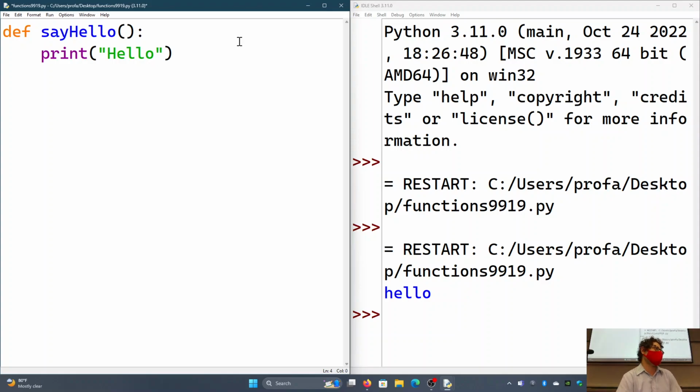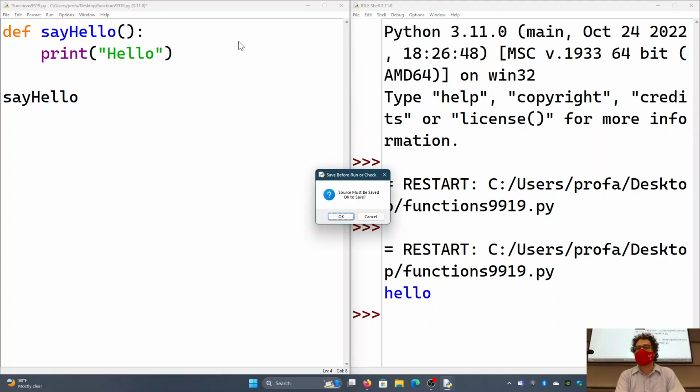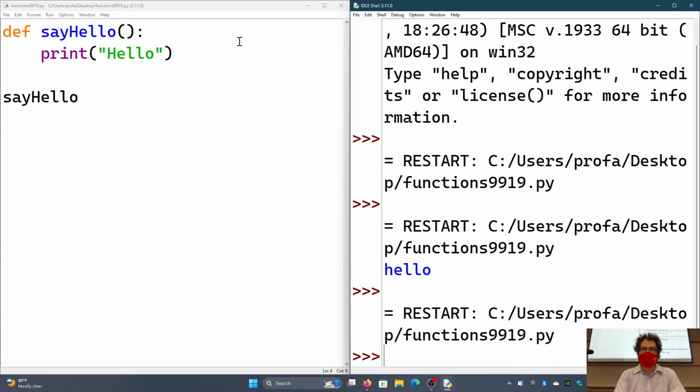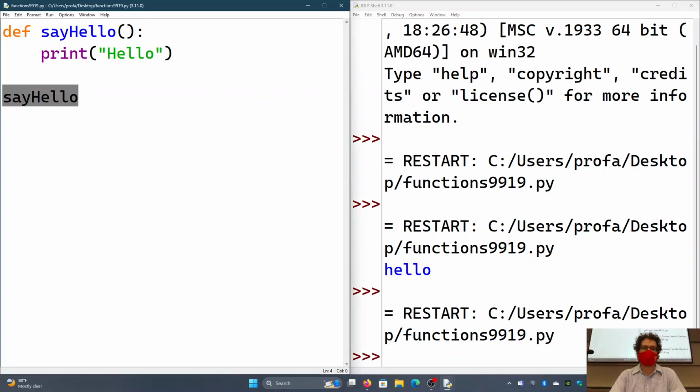Or sometimes we use a bit more of a fantasy word, invoke. I invoke the function, right? It does sound more fantasy RPG when you say it like that. The formal definition is invoke, but call is one syllable, so you'll hear most people say call. So say hello. Now, if I just simply write say hello, it's not going to do anything, right? Because that's actually just the name of the function. I'm not invoking it.